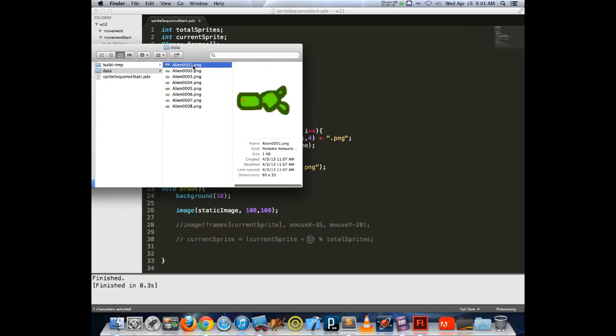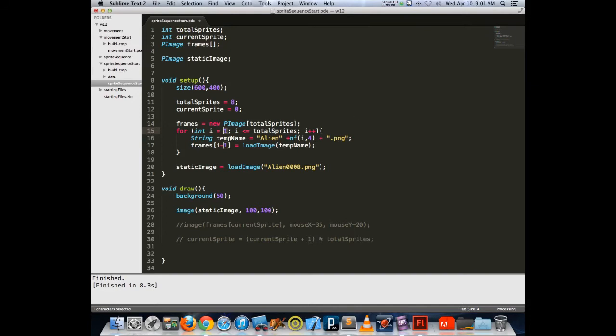So we could go through and change all our numbers down by 1, so this would become 0, 1, 2, 3, 4, 5, 6, 7, and then we could start i equals 0. But the nice part about for loops is you don't have to start at 0. You can start at whatever beginning number you want. That's one of the advantages of using a for loop here. So we start at 1,